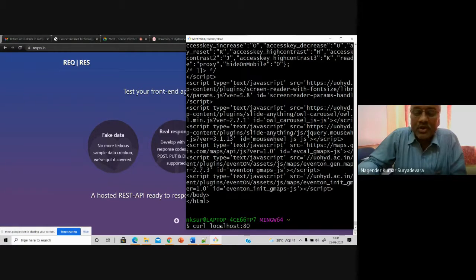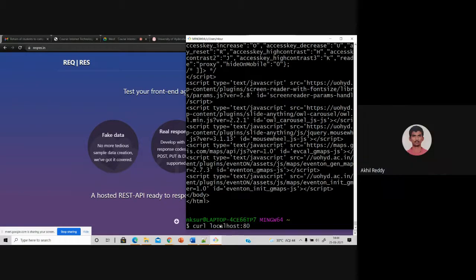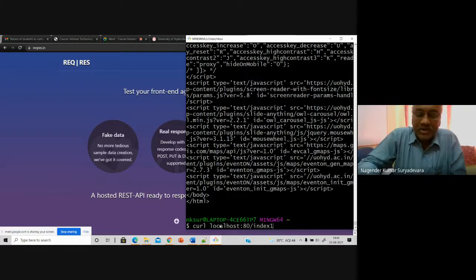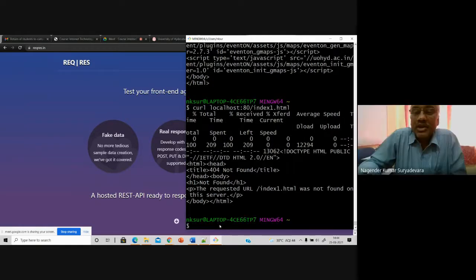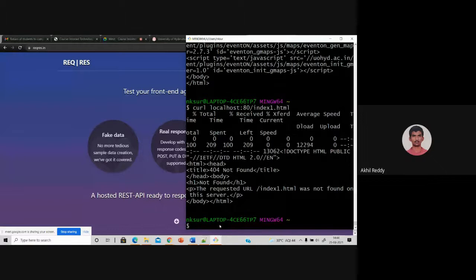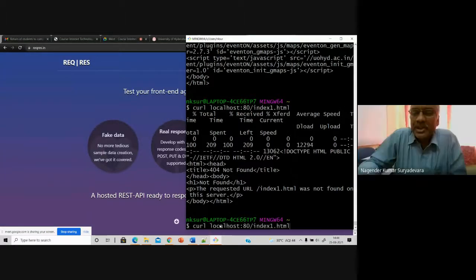Of course, by default, localhost runs on 80 if you are not changing that. Then index1.html, index1.php. Is it HTML or PHP? I saw PHP, sir.